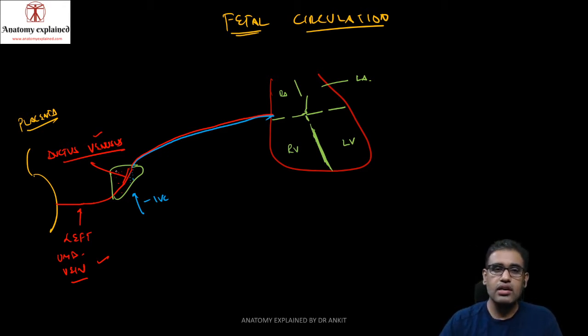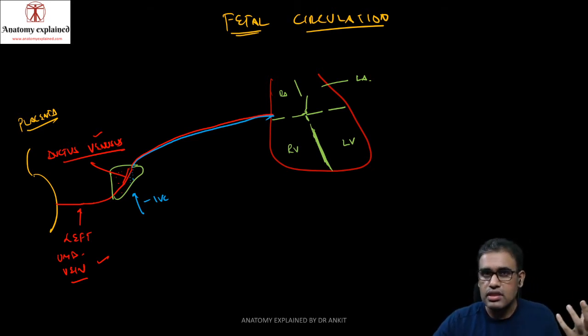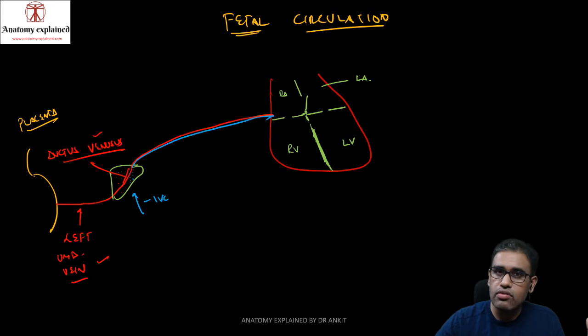Now the lengths over here are not in correct proportion. This is just for understanding. Obviously the length of the vessel between the liver and the RA is not that much; it is very nearby. So ultimately it enters over here. If you have not yet seen it, look at the previous video on the right atrium. When we look inside the right atrium, just above the opening of the IVC, which has a rudimentary valve known as the eustachian valve, you have the fossa ovalis in the adult, which is actually the foramen ovale.